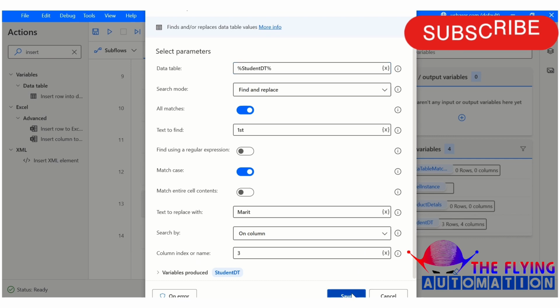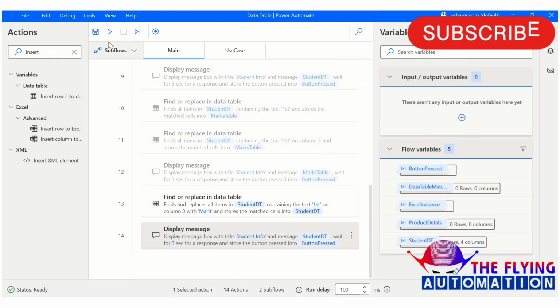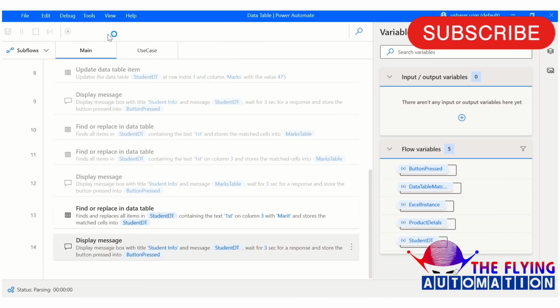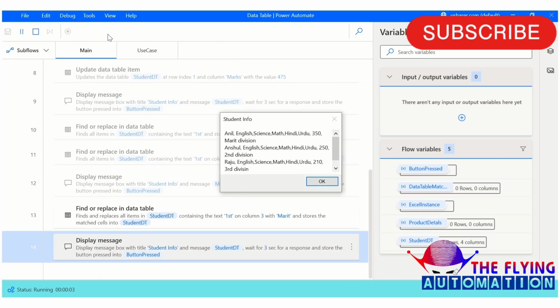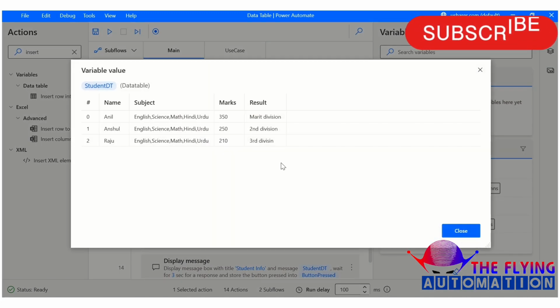So let's see what the output of this flow is, guys. I am enabling this and I am going to run this flow. You can see your flow is executed successfully. Let's see what the output is. Here is your output. You can see here your value is updated. After if first is found, then your value is updated. Instead of first, here we can mention our flow is mentioned merit.